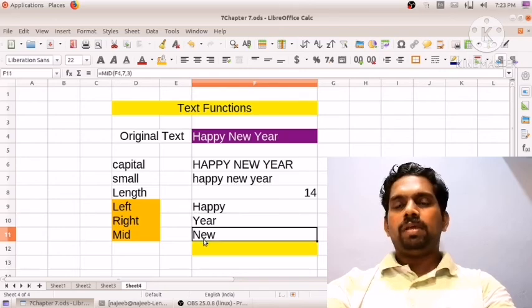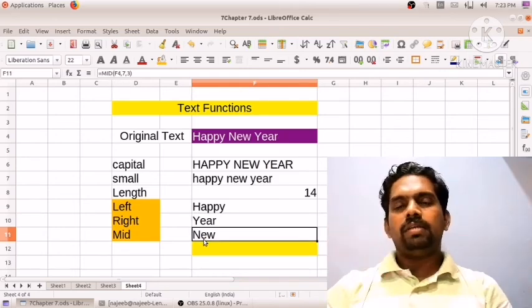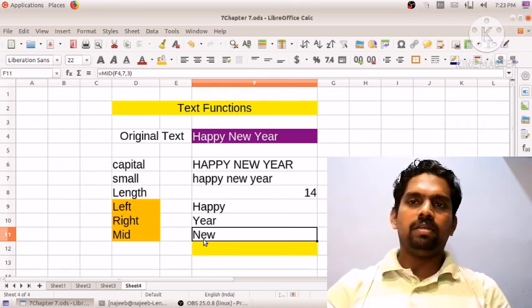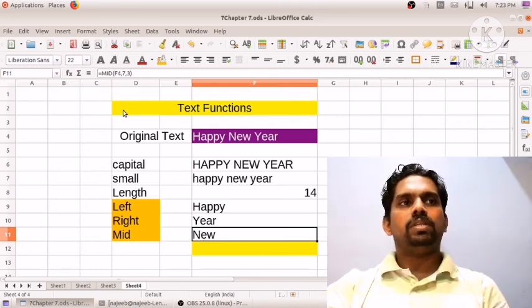Then if you want to display in between a string, like a middle string, for that purpose we can use the MID function.